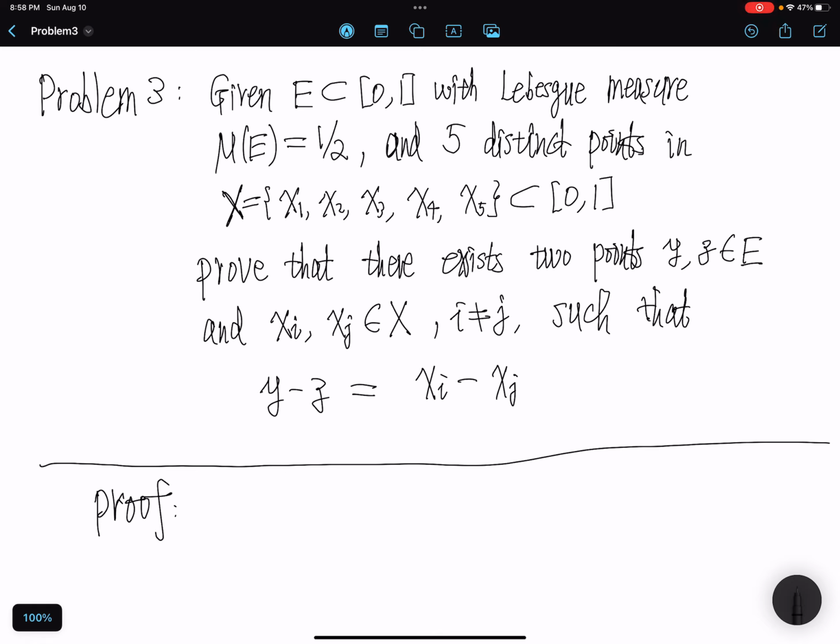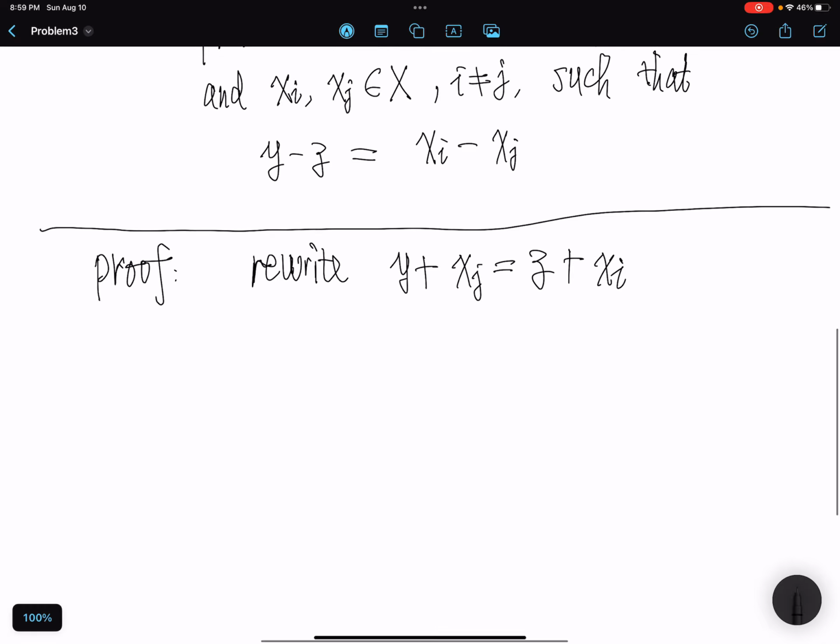So basically we want to find the two distinct points y and z in E such that this. So if we rewrite this, the 2 points we want to find, we can say y plus x_j equals z plus x_i, right? So now this gave us a hint: what if we define,